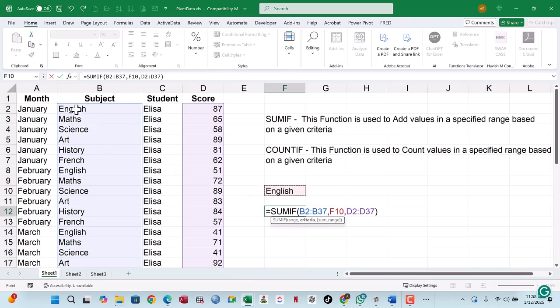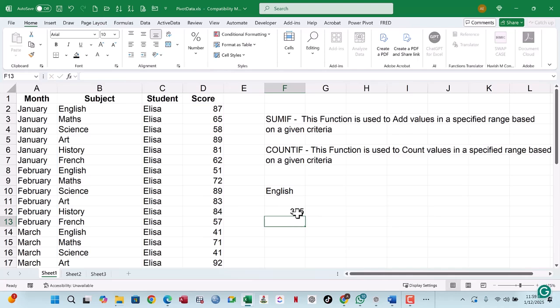Okay, so don't reference from here. If I reference from here, it's not going to work, and for so many reasons, it's not the best practice. So if I make my reference from there, that gives me 37375. Okay, good. Now let's say we want to make this faster, to say, okay, SUMIF,